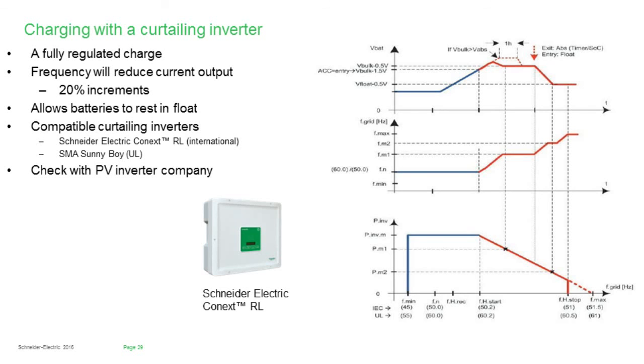With a curtailing inverter, this provides the best opportunity to manage batteries in the smartest way when we have an AC coupled solution. It really is a truly fully regulated charge. We can see here on the charts on the right that during a lower voltage setting, meaning the batteries have been partially discharged, we can actually go through a full bulk charge. And at some point, we're going to see that the frequency will begin to shift as we reach our bulk voltage. And we're going to be able to hold that using those 20% increments to actually maintain and charge the